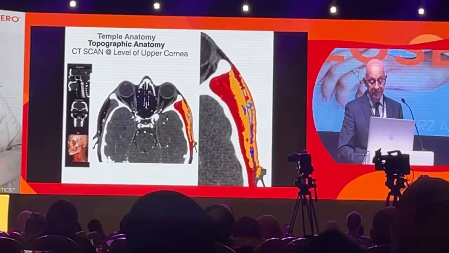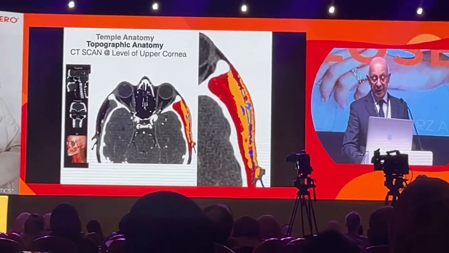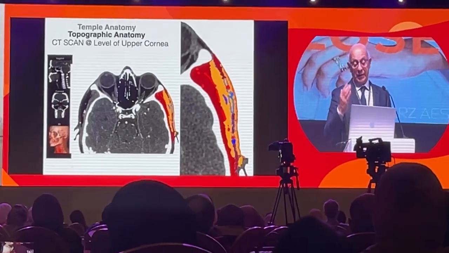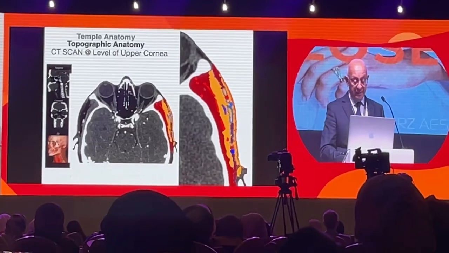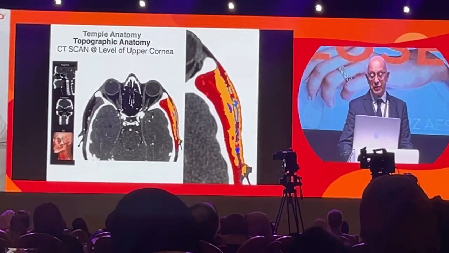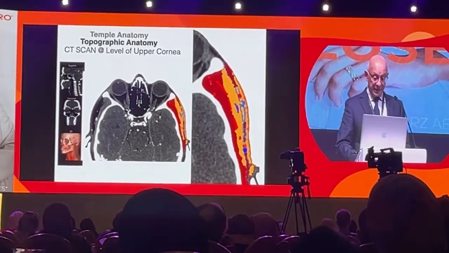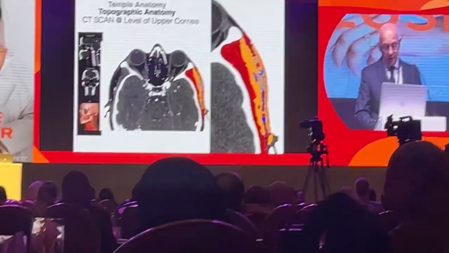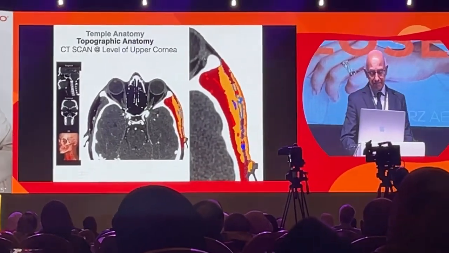Now here, we'll see the artery, the mid-temporal artery, how it comes from inside the deep fat pad, and it travels and goes inside the muscle, and it will communicate with the anterior and the posterior arteries. And here we can see some portion of the vein going into the lacrimal